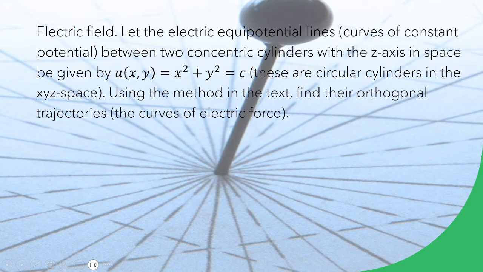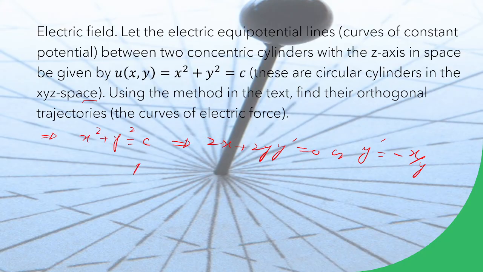Okay. So the concept is very simple, straightforward. We are given the equation x square plus y square is equal to c. So we first find the differential equation which is representing this family. Okay, so that is 2x plus 2y into y dash is equal to 0, or y dash, which will be minus x by y. Okay, this is a differential equation which represents this family of curves. Now for orthogonal trajectories, what do we do? We will be taking y dash equal to y by x,